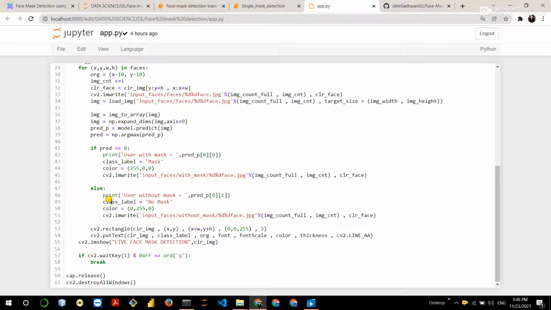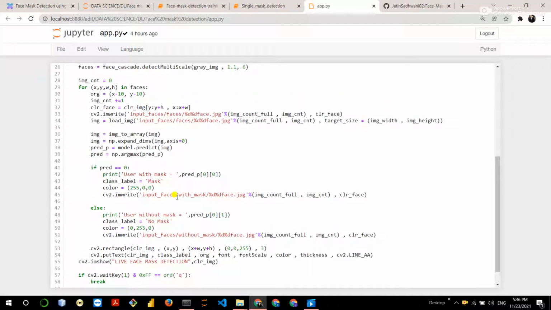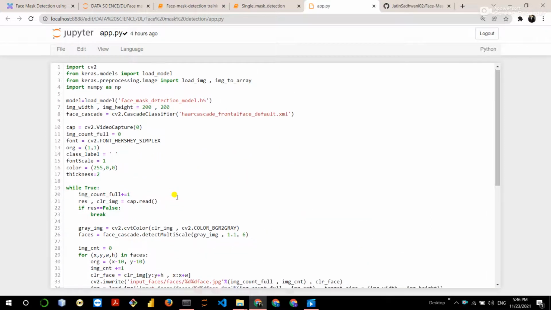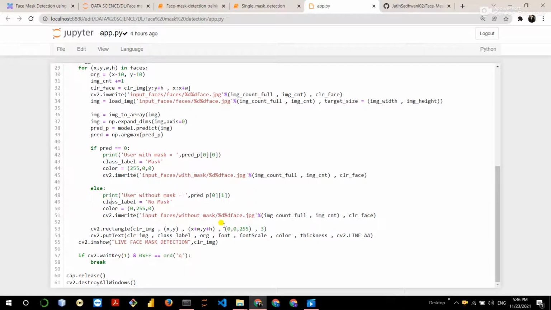If it returns 1, it means the person doesn't wear a mask. If you want to run this file, you simply go to the command prompt and write python app.py. After you write the command, your camera will open and detect your faces like this.